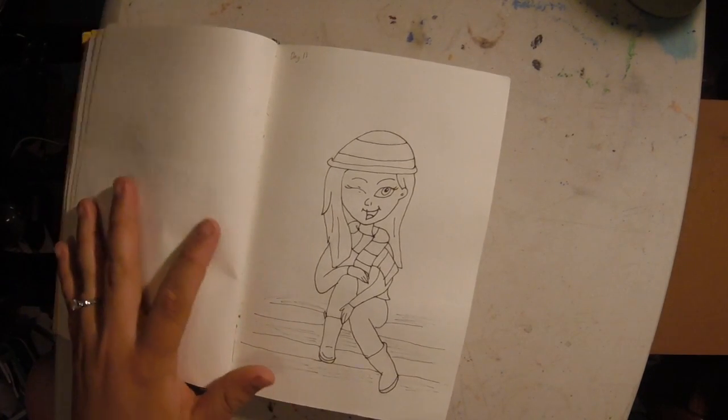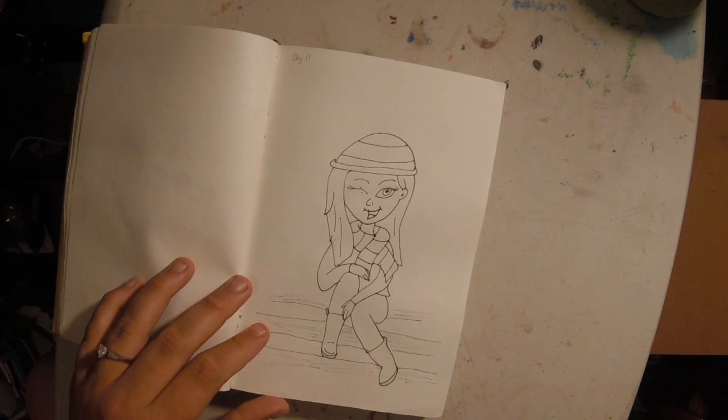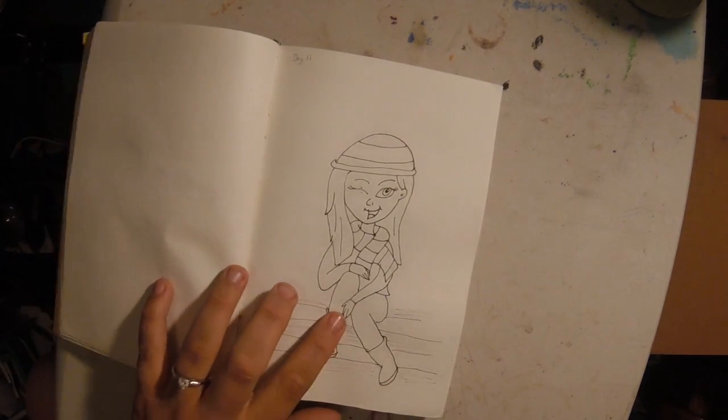Day 11, I kind of just threw something together. I don't even know who this person is, and I didn't put much effort into it, I'm gonna be honest, because those hands, those feet,